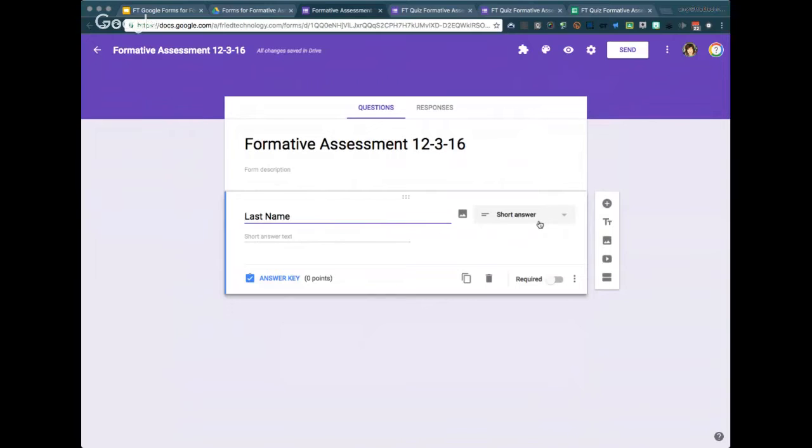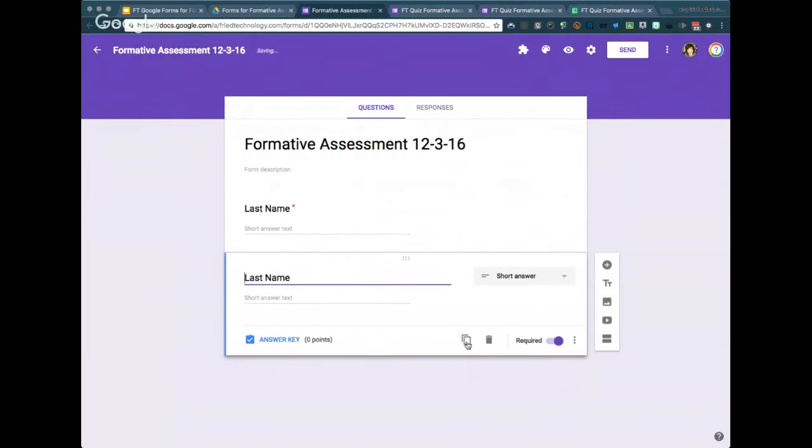So I love what just happened. I don't know if you noticed, but this question was originally set as multiple choice, and it just transformed itself on its own into short answer. It did that because of the text I typed in. So it's gotten really smart. It's very cool. I'm going to go ahead and set that question to required,